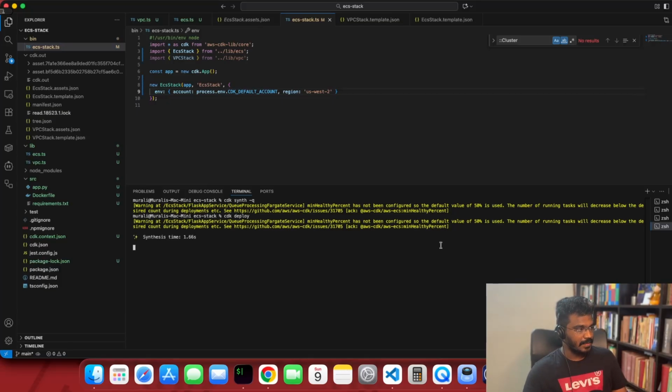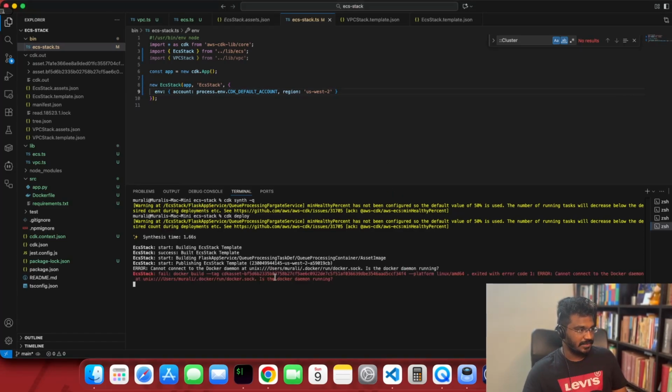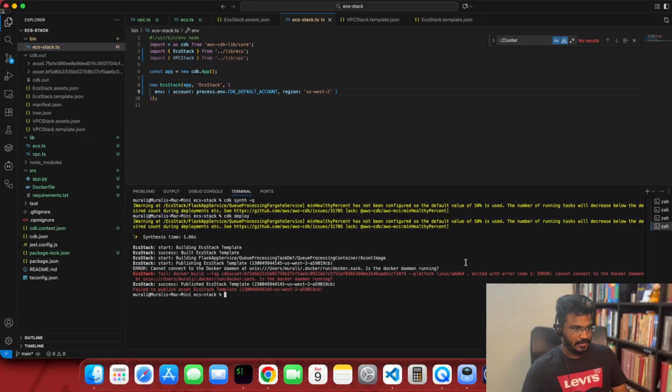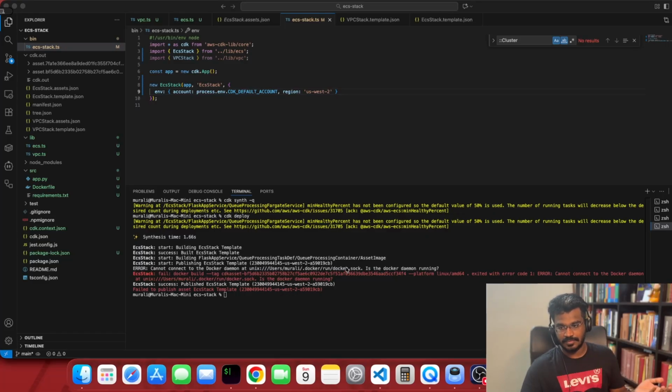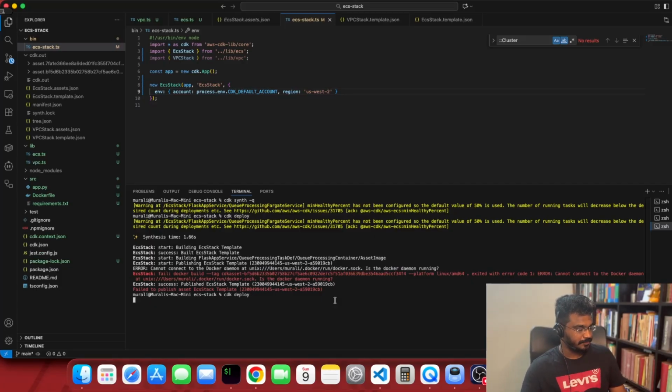During the deployment, we get to see how CDK would build the container image and then publish. So now it's publishing the template. Okay, yeah, the Docker. This is what you would get if Docker is not running. To build the image, Docker is needed, or you'd have to define which one to use. You can use Finch also. And yep, I've started Docker. Now let's do a CDK deploy,